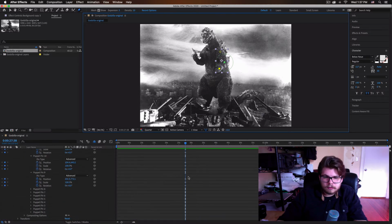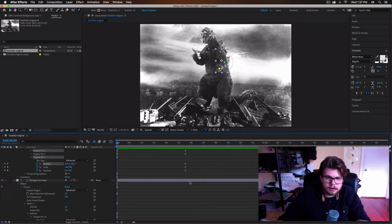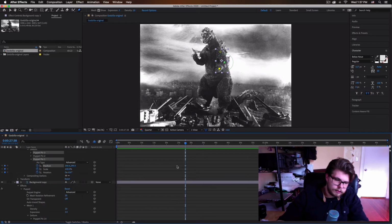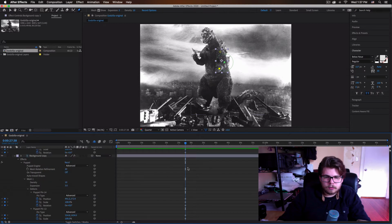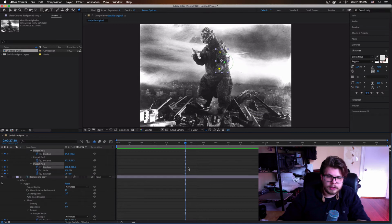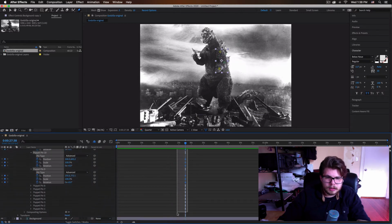Now, we have a massive timeline here, so we'll start off by lassoing all of these keyframes. If you hit U, it'll expose only the ones with keyframes. And we're just going to drag them to the very beginning because this is where the playhead was when we started working here. So I'll grab all those and just drag them right over to the start,